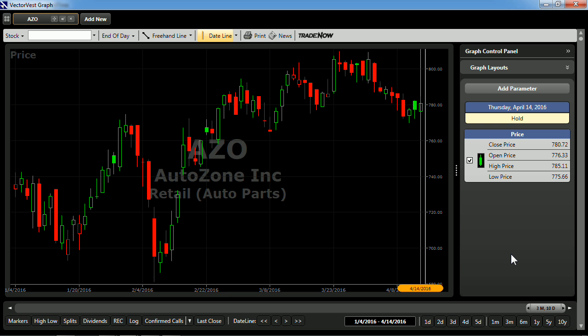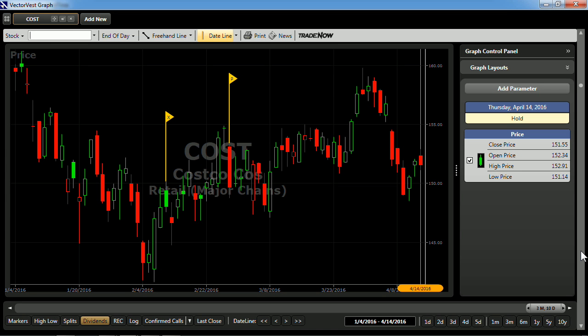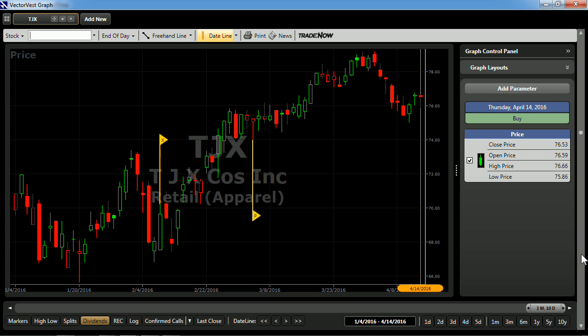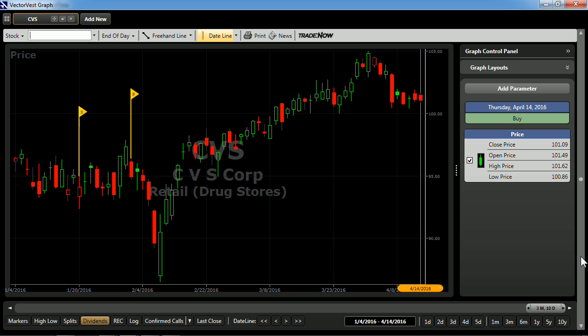And we are set to just look at these stocks again from January of this year through the current time frame. And down at the bottom, I'm going to turn on the dividends. So we don't see anything showing up here for AutoZone. It has not paid a dividend, or it is not a dividend payer. Costco, we have the X date when it went ex-dividend and the P when we actually did get paid out on that one. Similar story for TJ Maxx, CVS,